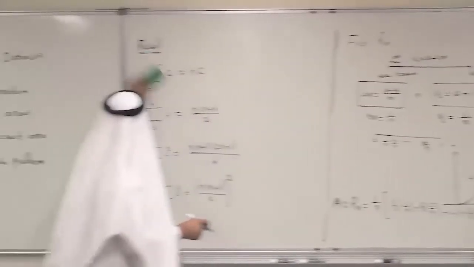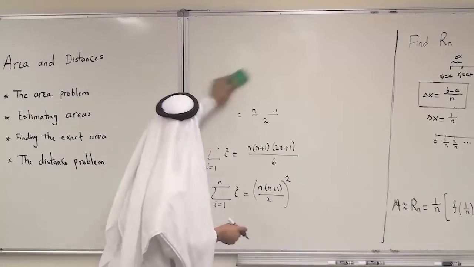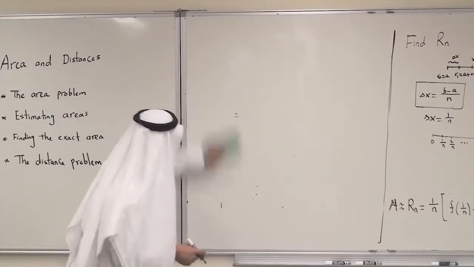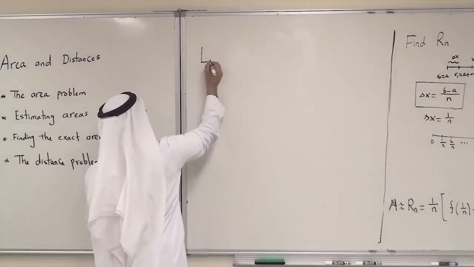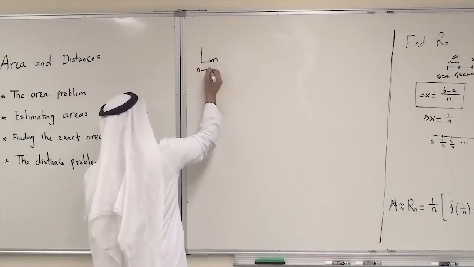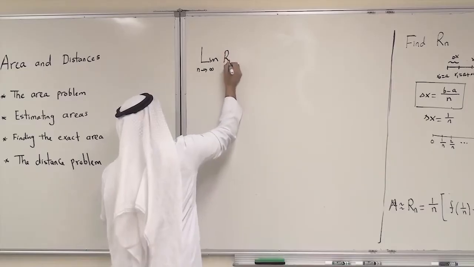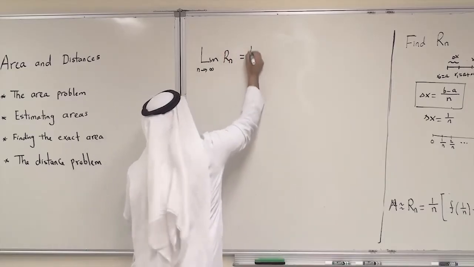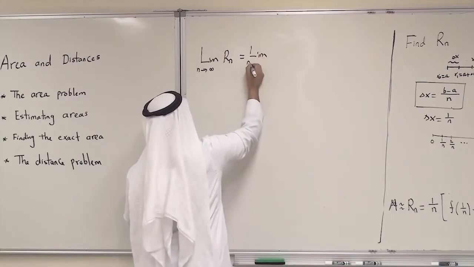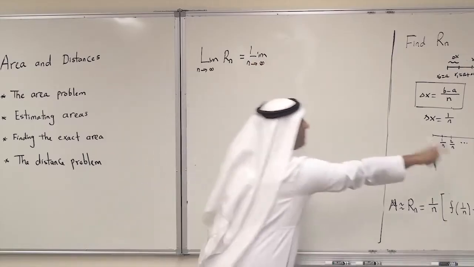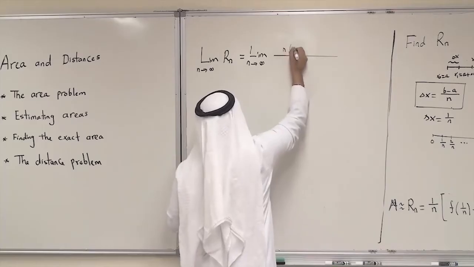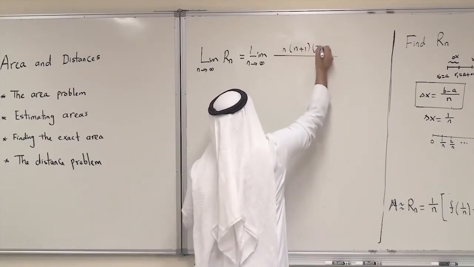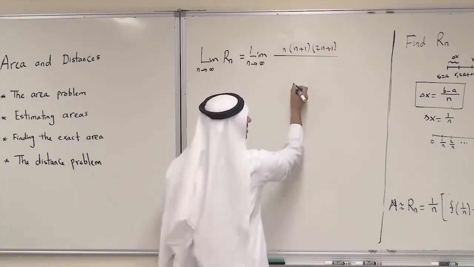Okay, so what is the limit as n goes to infinity of Rn? It will be the limit as n goes to infinity of the expression we found, which is n times n plus 1 times 2n plus 1, divided by